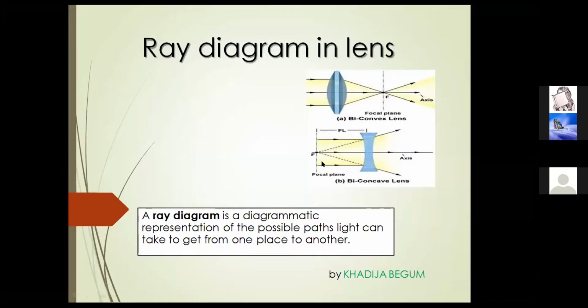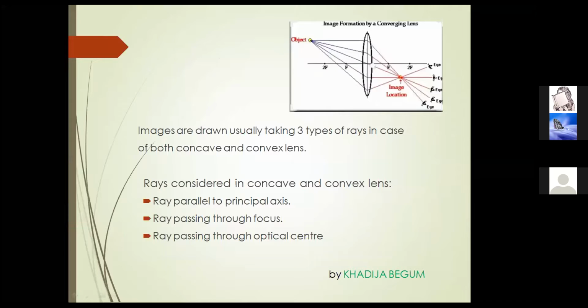So we usually use ray diagrams for formation of images. There are at least two rays, then only we can find an image. So usually we can see there are many rays being directed in this lens. This is a convex lens. This object is